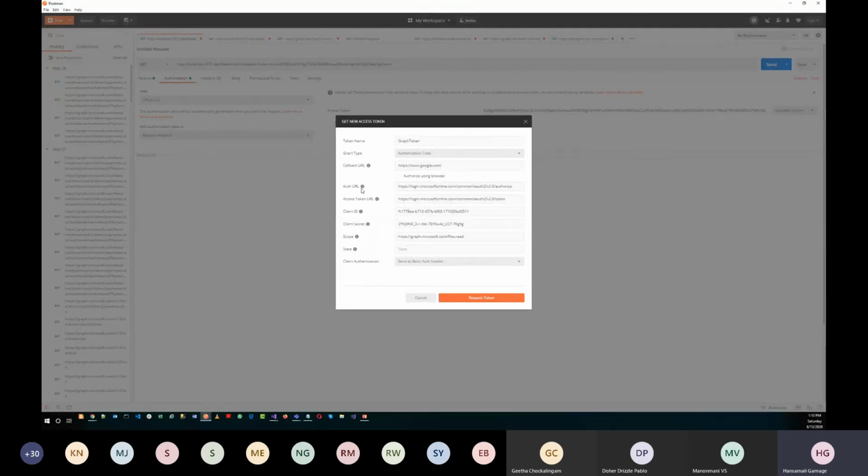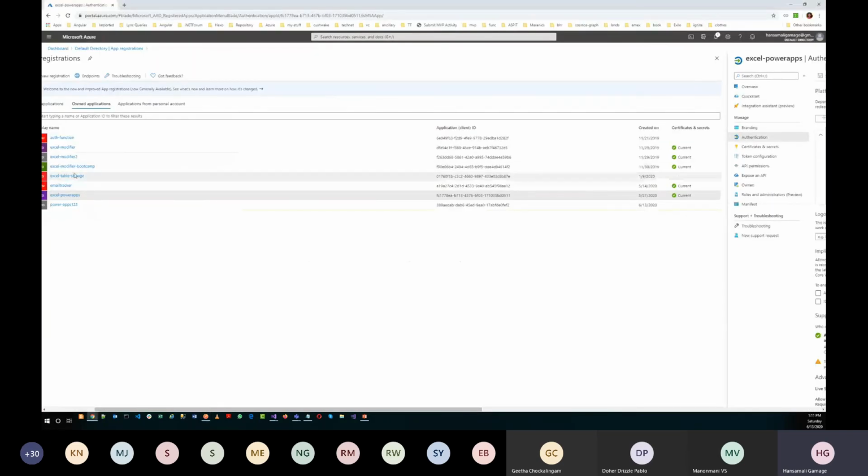And you have to provide the authorization URL. You are getting this authorization from Microsoft Online, the common endpoint, and you have to use the v2 version and the authorize endpoint. For the token generation, you have to use the token endpoint, and you have to provide your application's client ID.